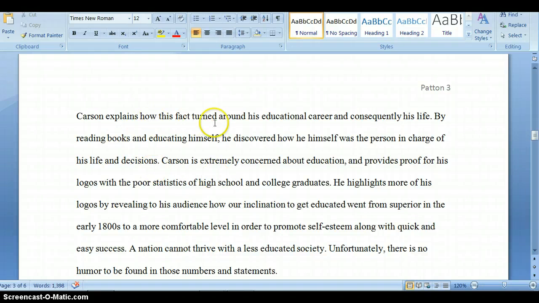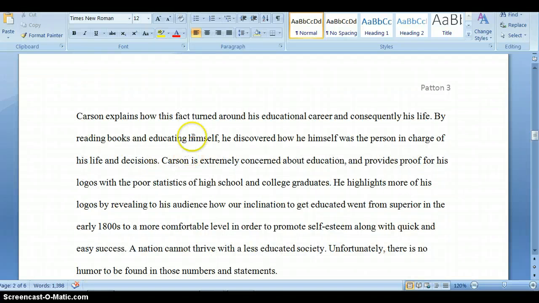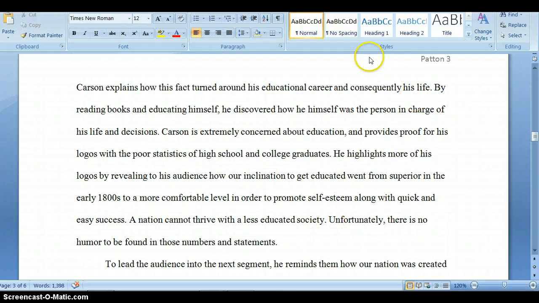Carson explains how, and by the way, this essay ties in very nicely with the one that you read on Frederick Douglass, Carson explains how this fact turned around his educational career and consequently his life. By reading books and educating himself, he discovered, because that is a past tense act, how he himself was the person in charge of his life and decisions. Carson is extremely concerned about education,